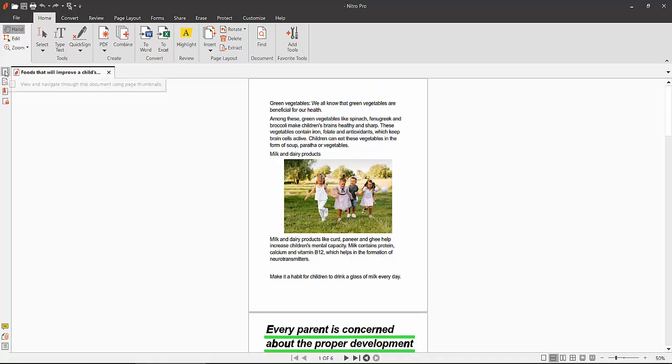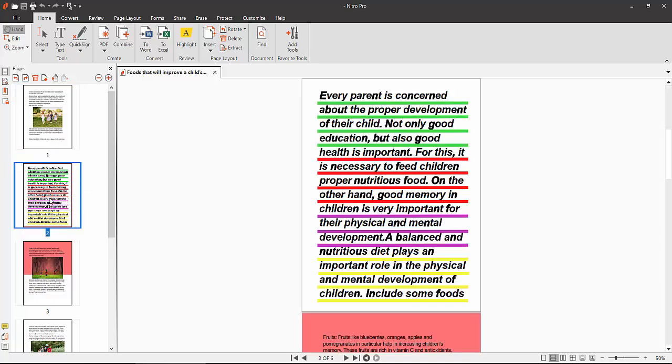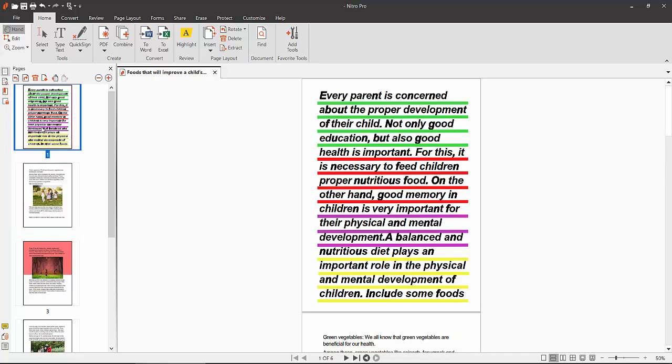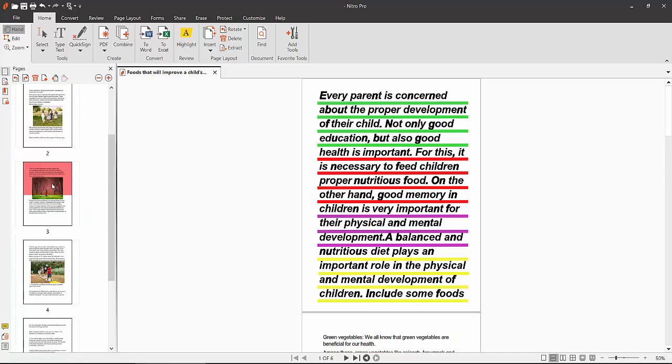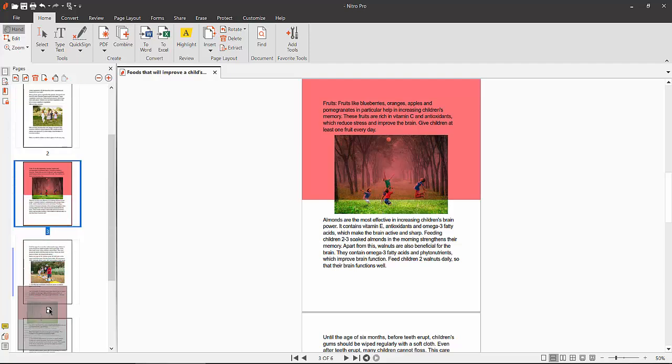Now click on this page thumbnail and click on this page and select. Now drag your mouse cursor and move your page up and see this. This page now moves up, and also I'll move this page as the last page and drag it